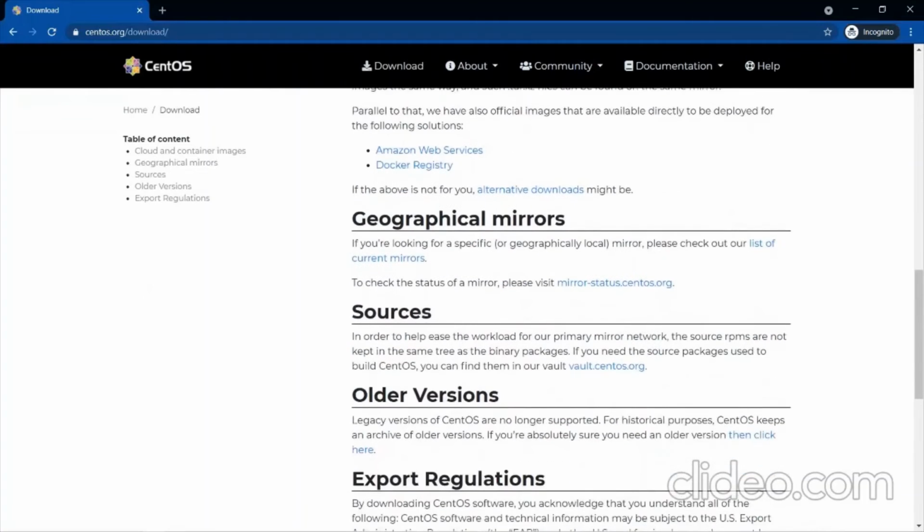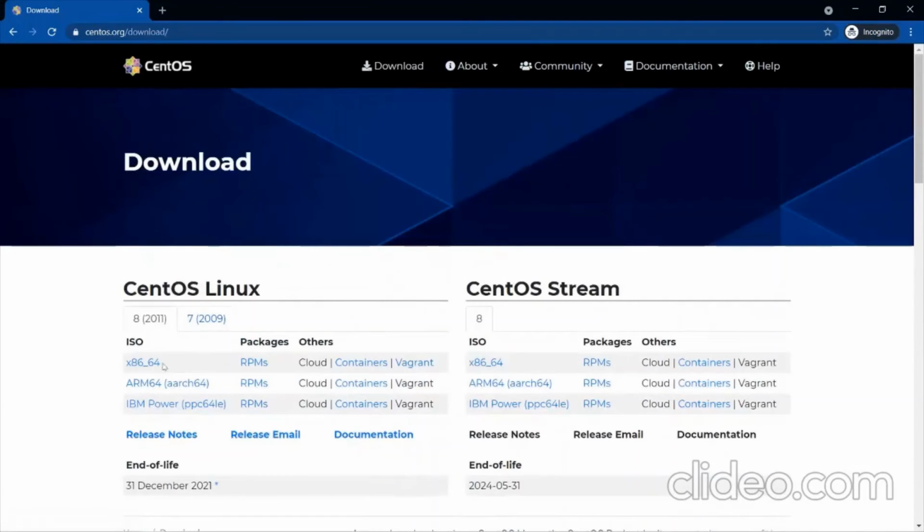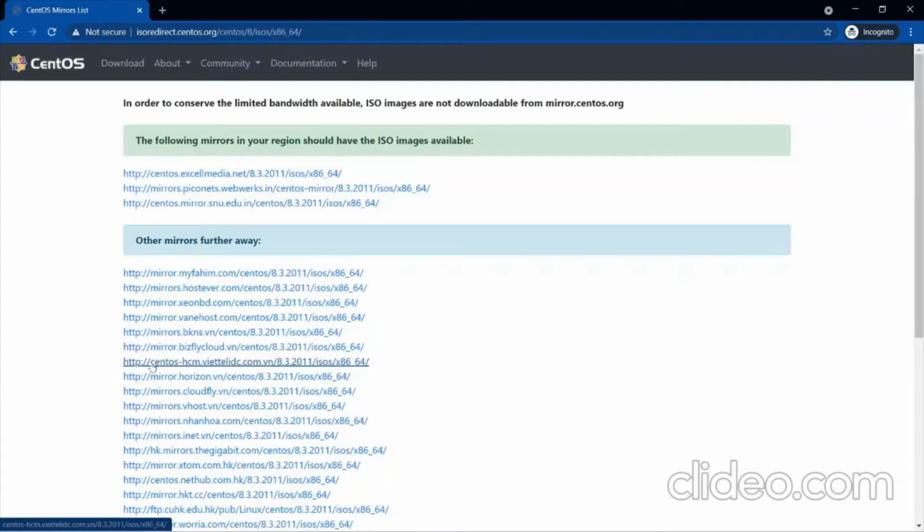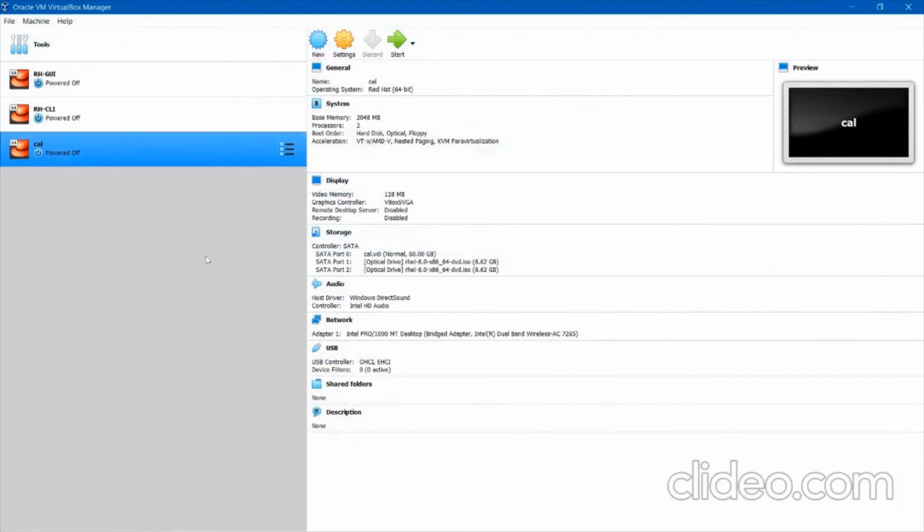Just go and read here. I think this will be the ISO. Yes, these are the links. You can click any of the links and download. Okay. So get the ISO and install as I have shown, and then start doing practicals with me. Very soon we will be doing some very interesting projects also.